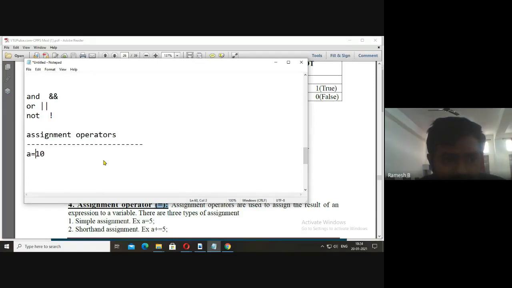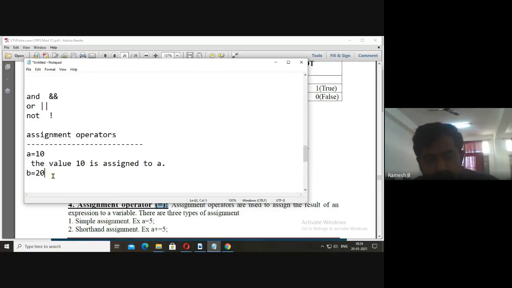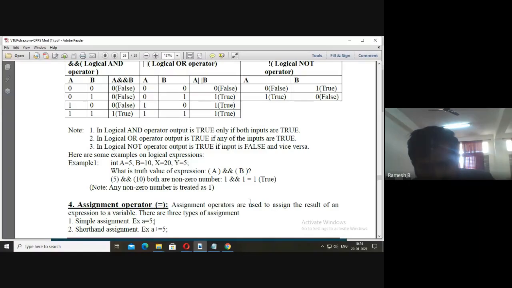The value 10 is assigned to A. Similarly, T is equal to 20. The value 20 is assigned. This is known as assignment operator. This is simple assignment operator.